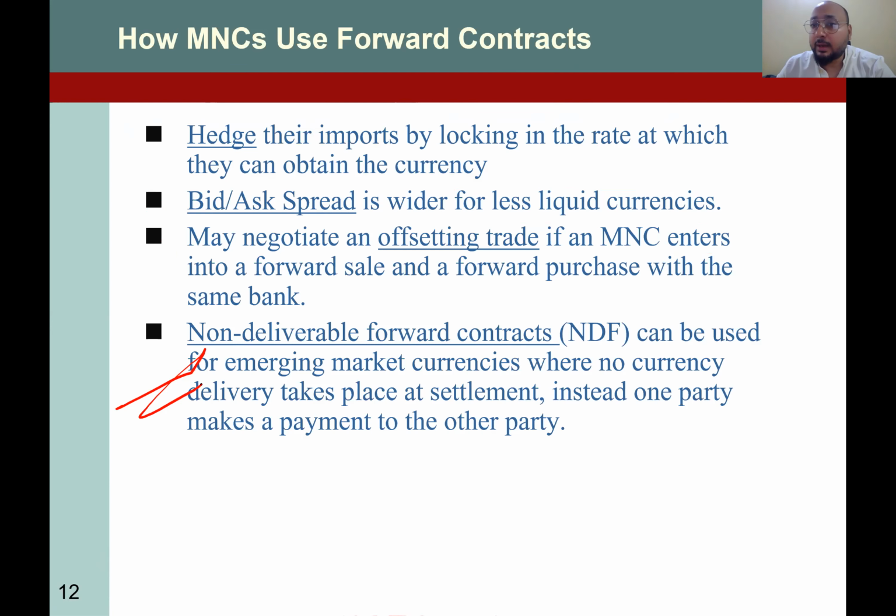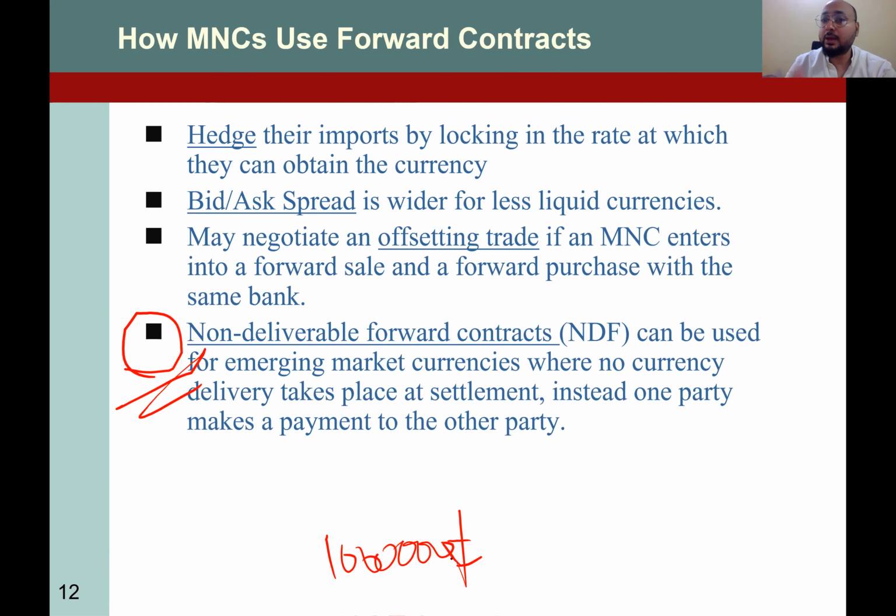For example, you know that you have the money right now. Up till now, what we have discussed, MNCs, they don't have money right now. They would be receiving or they would be paying later. But what if you have money right now, right? Which is also a realistic case. If you have money right now and you are worried the currency will appreciate, so why enter into a currency when you already have a currency? So it's better to enter into a non-deliverable contract so that the 1 million yuan you have, you will transfer,